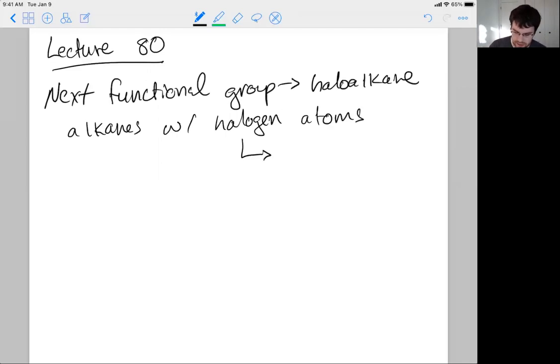And so the halogen atoms I'm referring to are fluorine, chlorine, bromine, and iodine. And for this class, our favorite one is bromine. It's right in the sweet spot of reactivity. It's reactive enough to do interesting things, but it's not so reactive that it spontaneously decomposes. Chlorine, on the other hand, is a little bit less reactive, and same with fluorine, whereas iodine